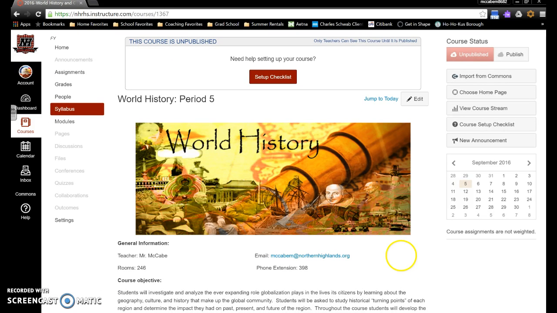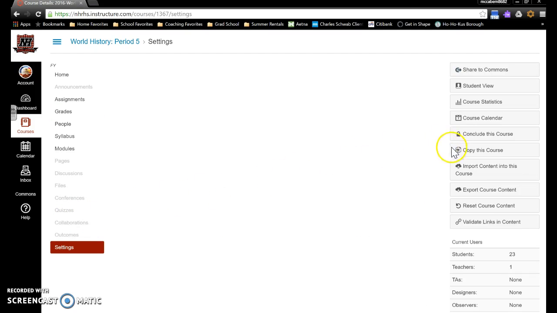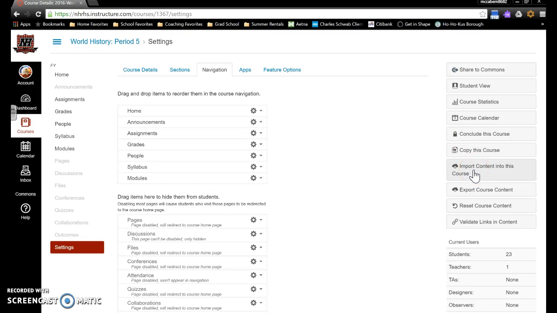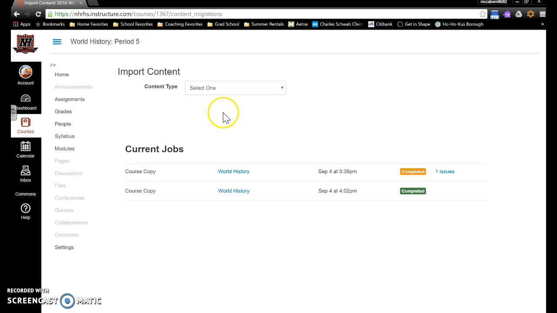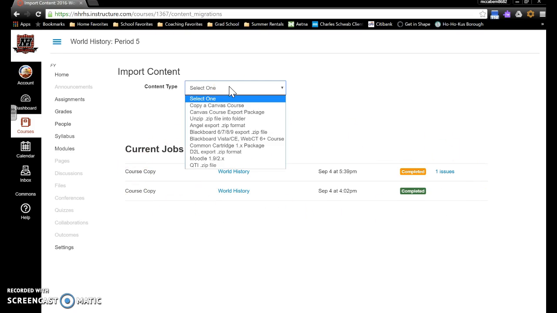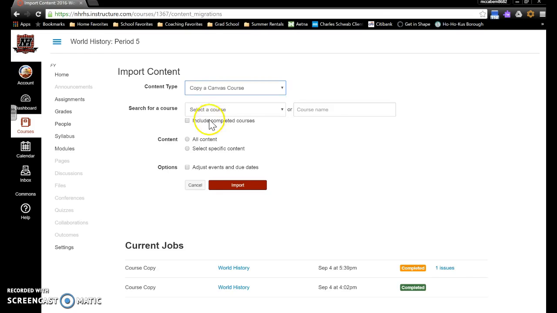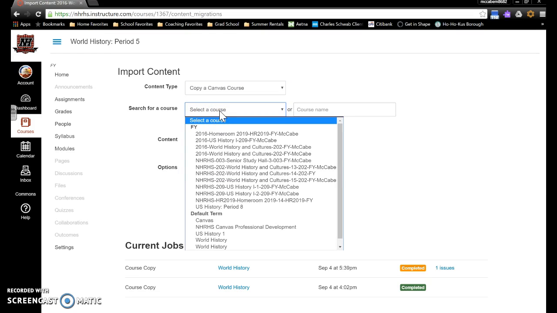class I want. I'm going to go to Settings. I'm going to scan on over to the side, and I'm going to click Import Content into this course. Now you can see I've already done this a couple of times. I'm going to come to the top, select Content Type, copy a Canvas course. I'm going to select the course. You can see all the ones that have been created so far, but I'm going to come down to my